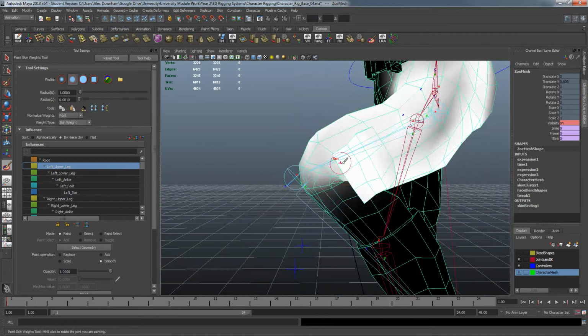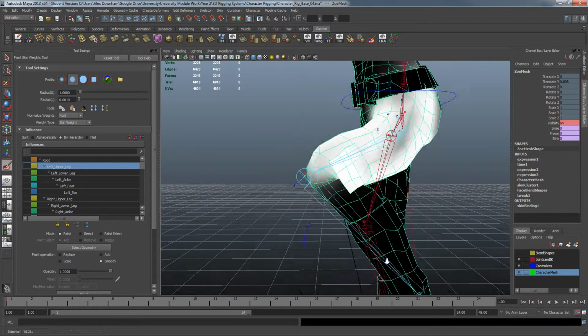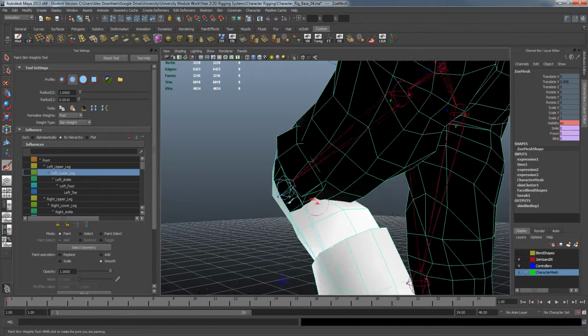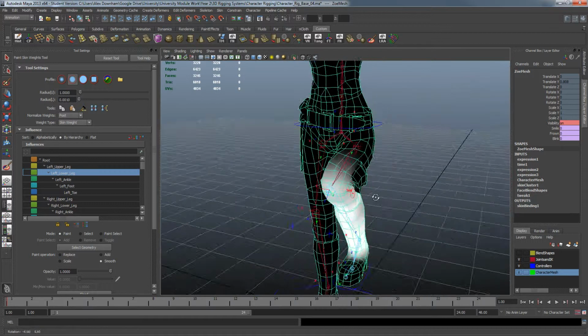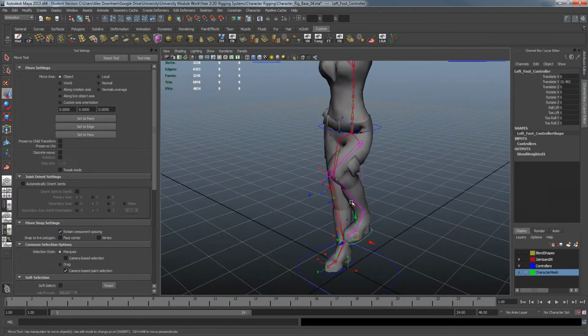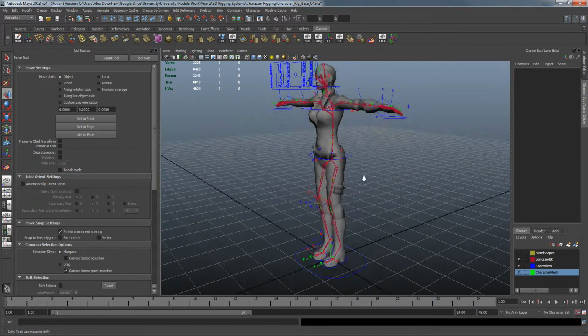And by default, it tries to smooth too much, and the volume of the knee essentially gets smaller. So in order to get that natural crease, you have to spend a lot of time trying to blend the values between the two bones correctly in order to maintain that volume. And so I spent a lot of time trying to correct that, and it is just a matter of trial